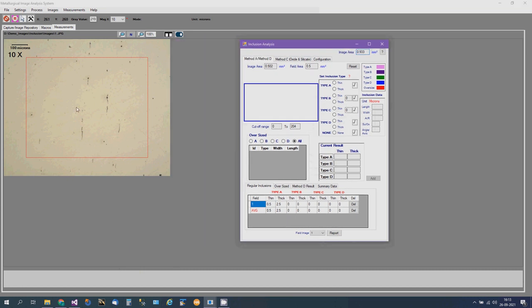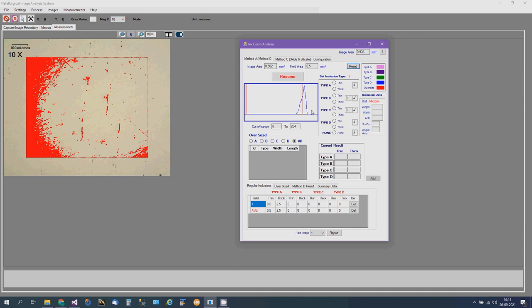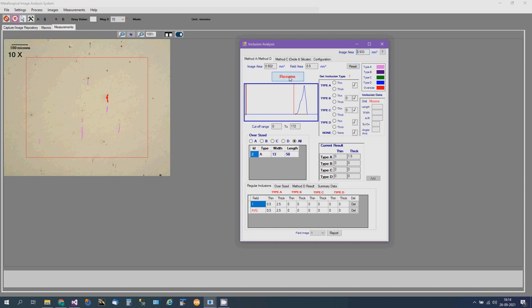You have opened another image. This time the inclusion is aligned in the vertical direction. Again you do the analysis: you click on run and adjust the thresholding. You will see that the analysis is done only inside this area. Click on resume.